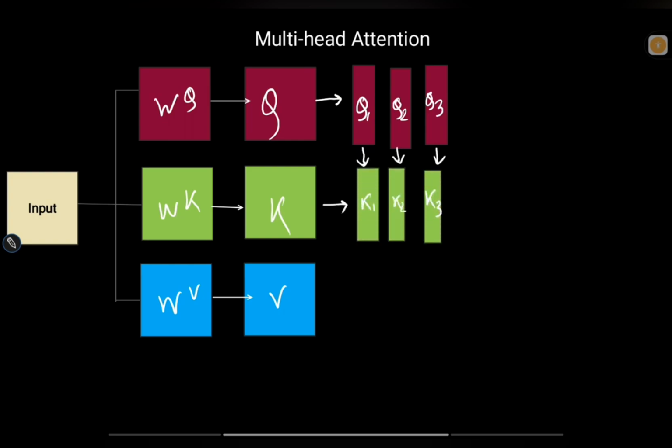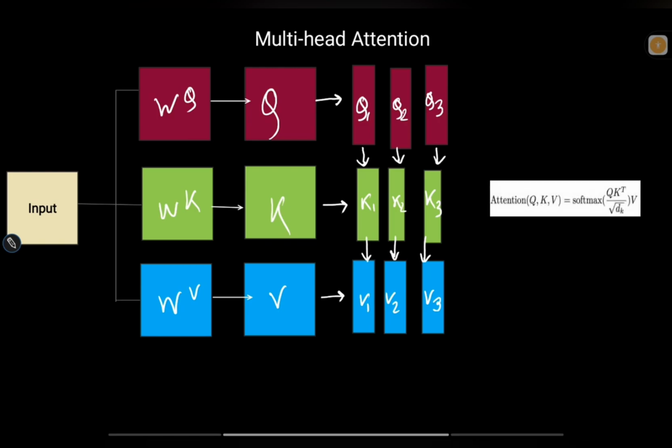So similarly, we will also divide the K matrices into K1, K2, K3, and also the V matrix into V1, V2, V3, right? So for each of these heads we do these operations using this formula: softmax of QK transpose divided by the square root of DK, and then we multiply with each of the V